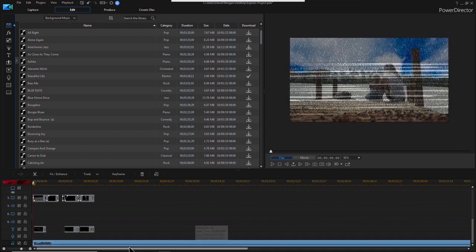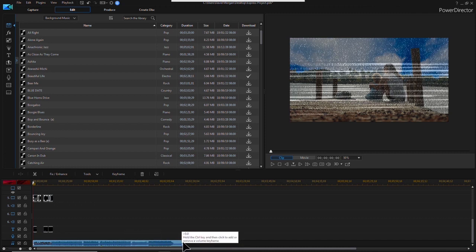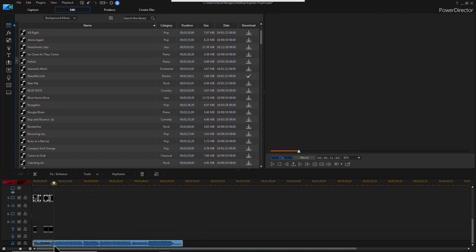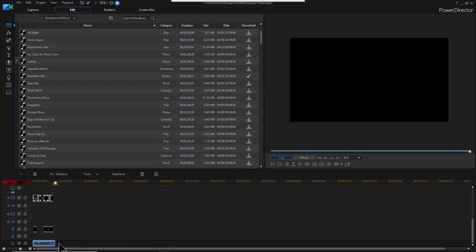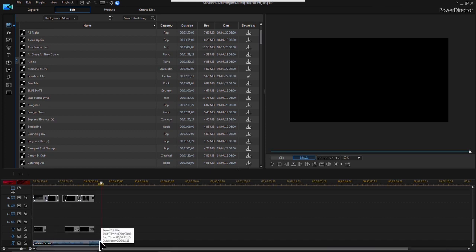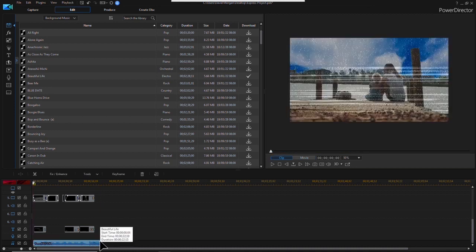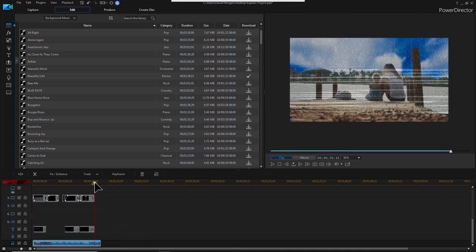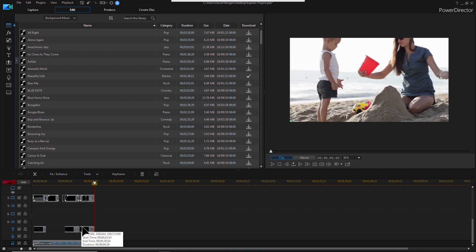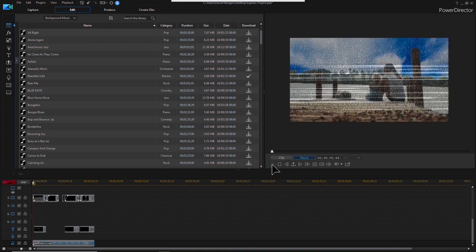So now I also will want to quickly just bring it back, right? I'm going to go ahead and drag this back. So I just go to the edge, left click and drag it back to align it with my project. Zoom in just a little bit. Actually, I'll just go to the end of this and I can just split it here and then delete my track. Okay, so now we'll have music lined up with our